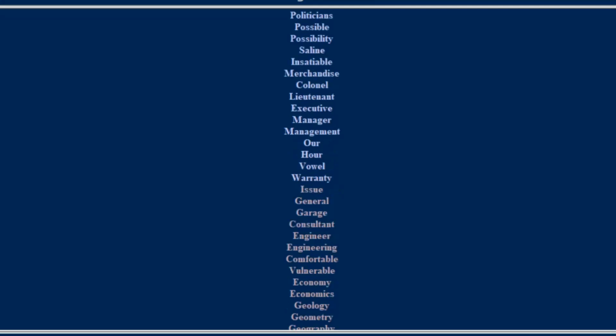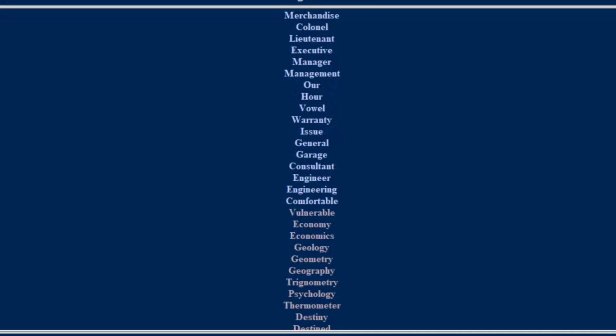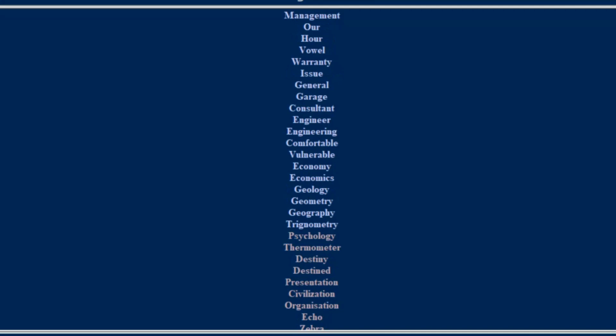vowel, warranty, issue, general, garage, consultant, engineer, engineering, comfortable, vulnerable, economy, economics, geology, geometry, geography, trigonometry, psychology, thermometer, destiny, destined,